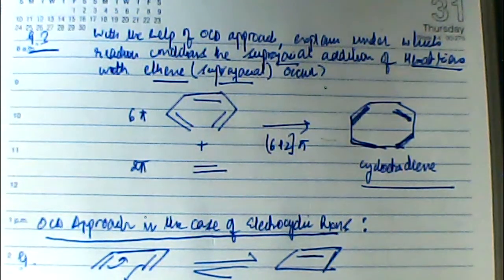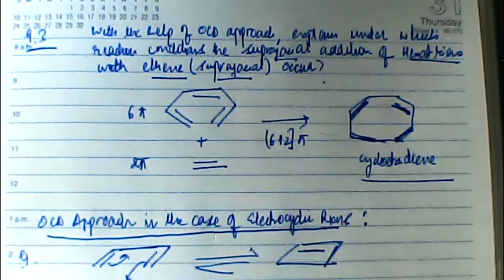And if you remember, 2 particular stereochemical modes were followed here. One was your conrotatory mode of ring closure, when both the terminal lobes of the acyclic polyene system moved in the same direction, that is both clockwise or both anticlockwise. And it was disrotatory mode when the terminal lobes of the polyene system in the acyclic component moved in opposite directions. That means the first lobe is moving in the clockwise direction, the second terminal lobe will be moving in an anticlockwise direction, or vice versa. This was your electrocyclic reaction.